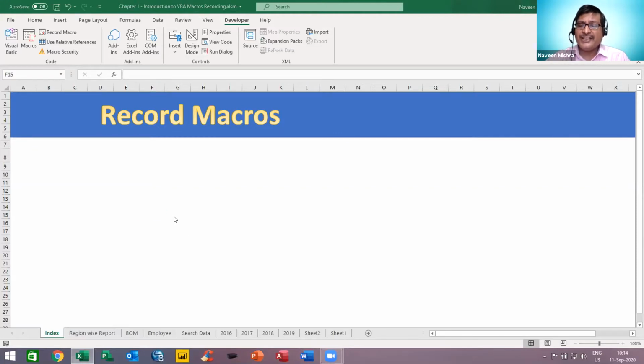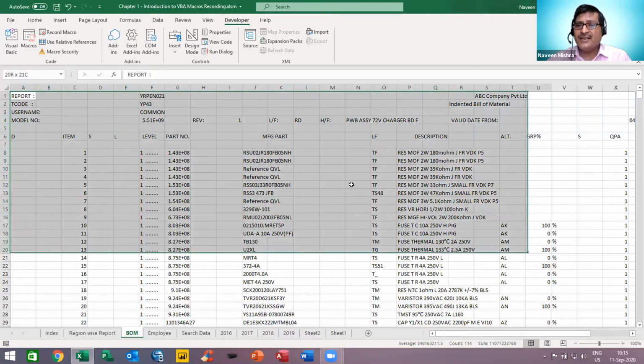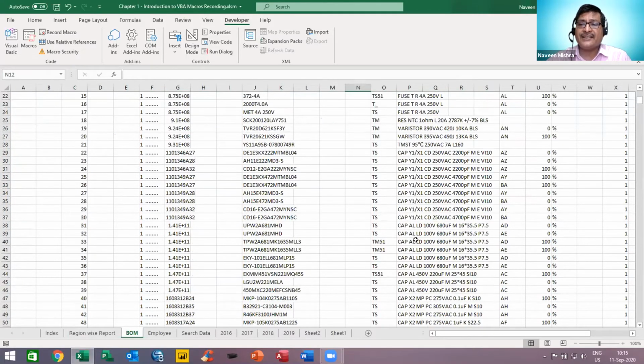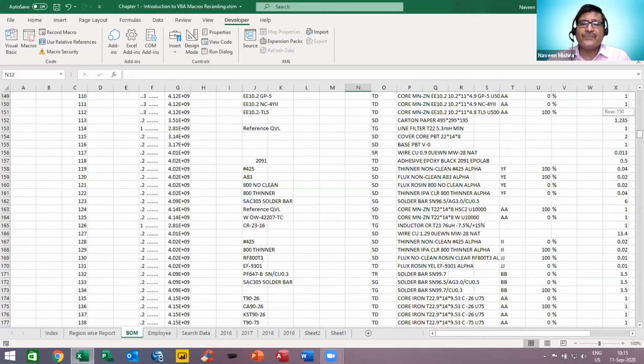So first understand why macros are required. I want to show you some functionality of macros. Suppose every day you download some data from the ERP. Suppose your data is like this, right? Unstructured data. So every day you download unstructured data from your ERP.